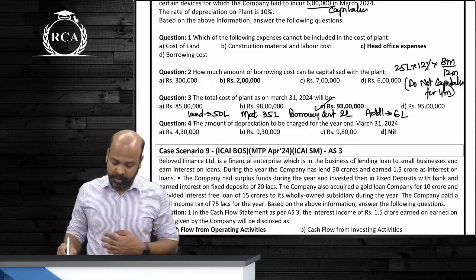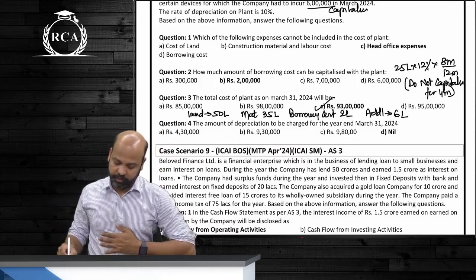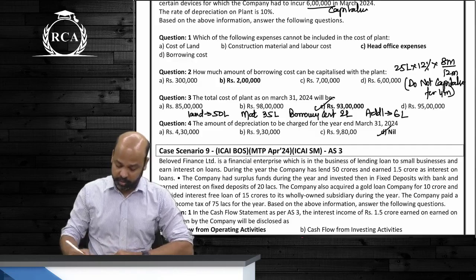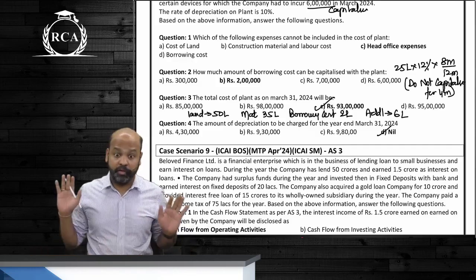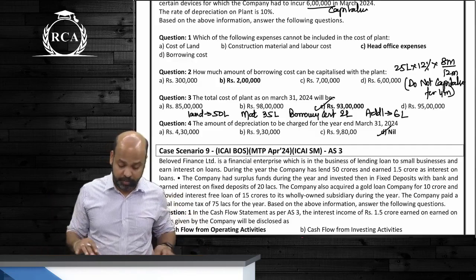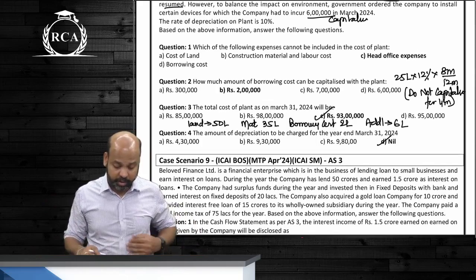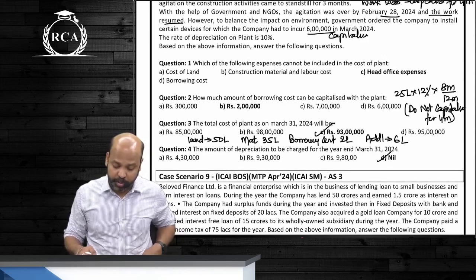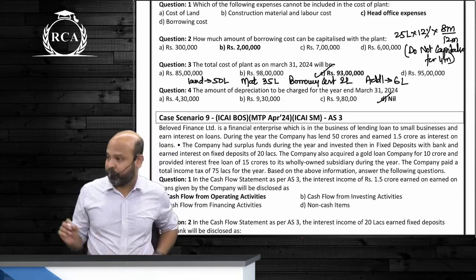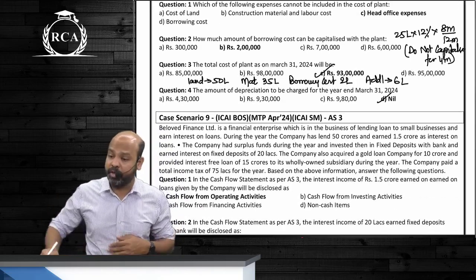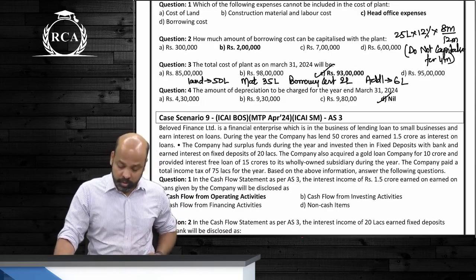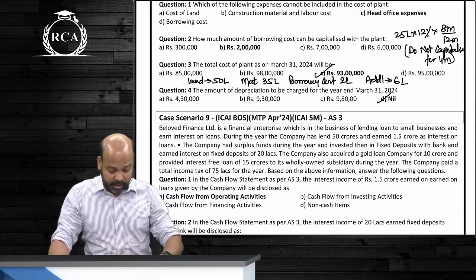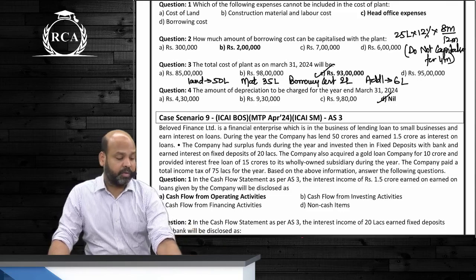The amount of depreciation to be charged for the year ending on 31st March 2024 is. The asset is not yet available for its intended purpose. Nowhere is it given, beta, that the asset construction was completed. It only mentions that the work resumed. Yes or no, guys? वहाँ पे लिख लेना asset not available for use. For the last bit, guys, you can write down that the asset is not available for use. Are we clear?